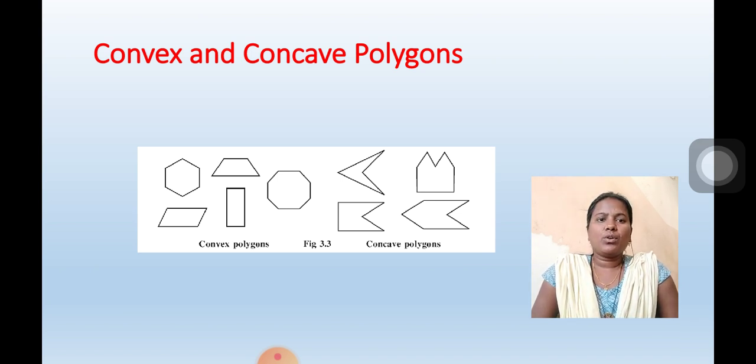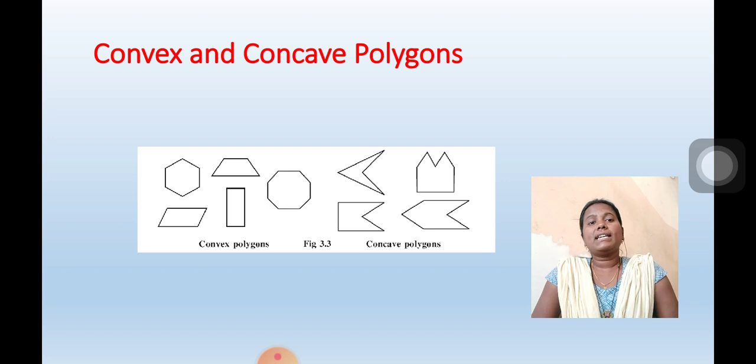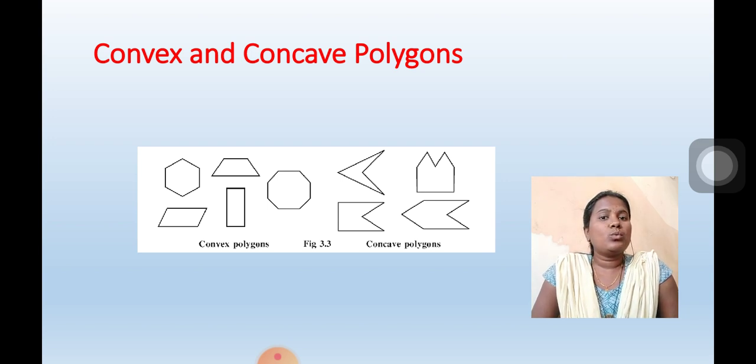If you observe the convex polygons, all the angles are less than 180 degree. Observe the figures carefully. A hexagon is there, parallelogram, a rectangle, a trapezium, a hexagon is there, right? So these are called the convex polygons because all the angles measure less than 180 degree in these polygons,